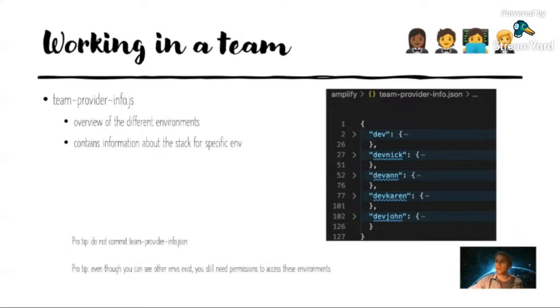But you, in your team-provider-info.json, you mention that those environments actually exist, but for these people, they don't exist because they don't have access to those environments. But if you're working in a team, then you really need this file to work together.